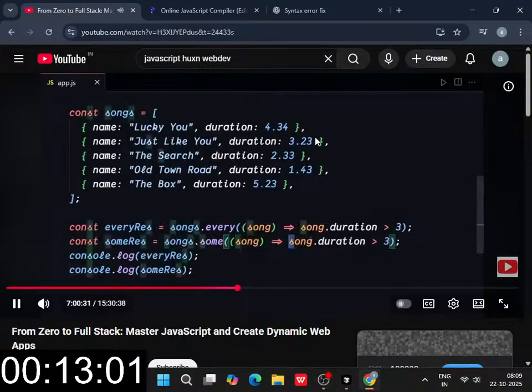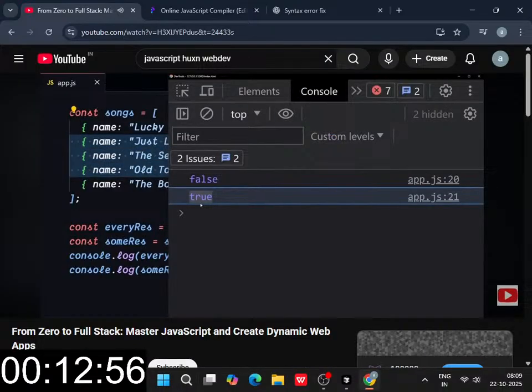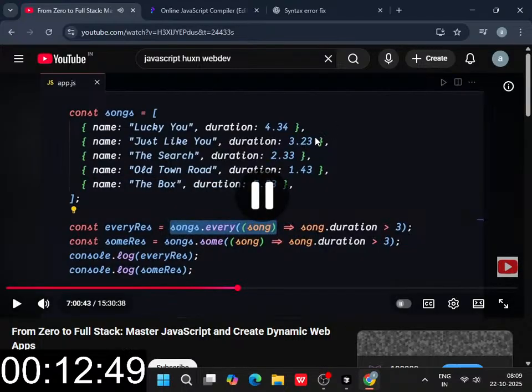Why is that? Because it will search for one of the items to be true. If it finds one of them to be true, it will give us the result of true. On the other hand, it will just search for one of them to be false. If it finds one of them to be false, it will give us false. So that was it about